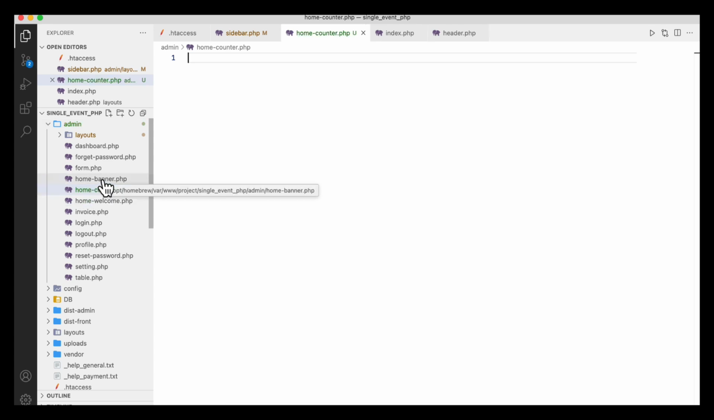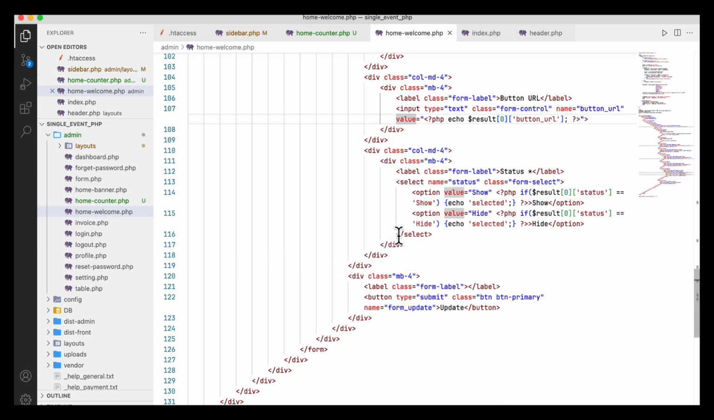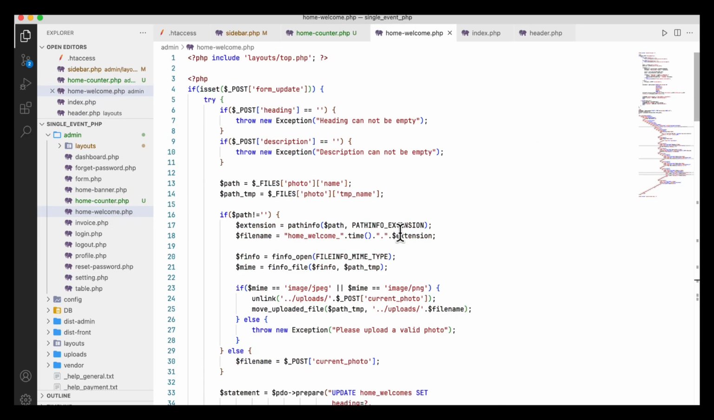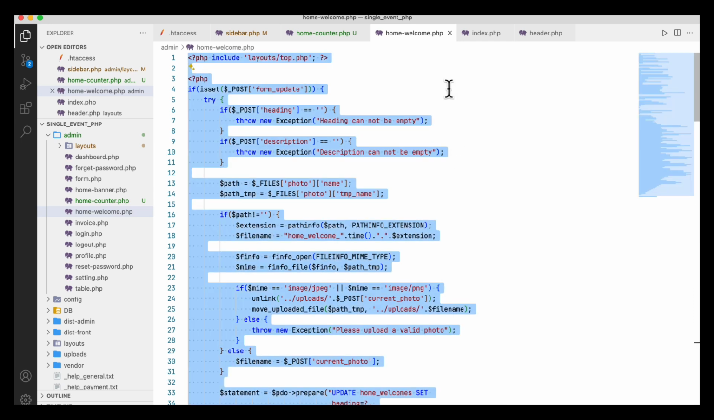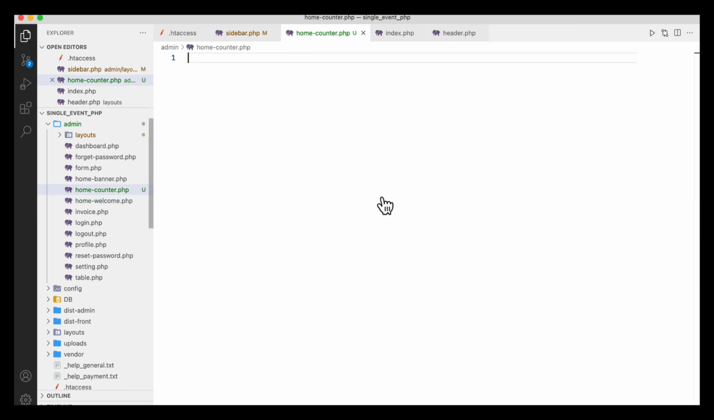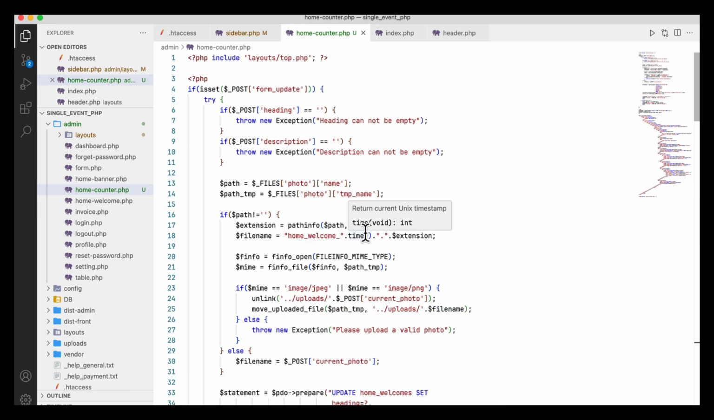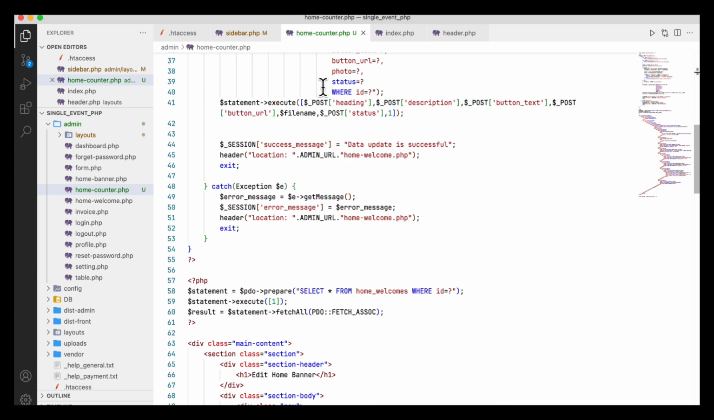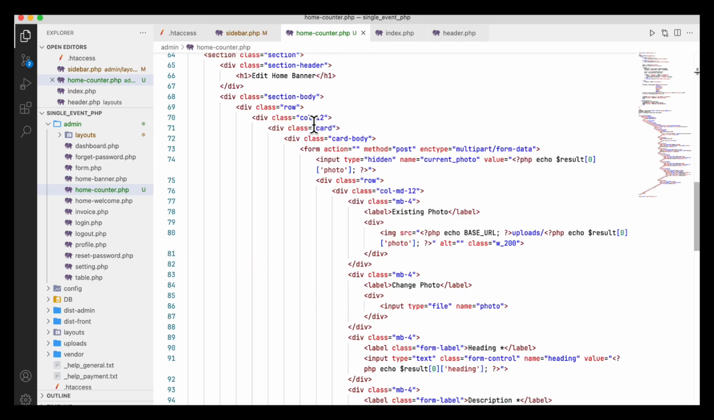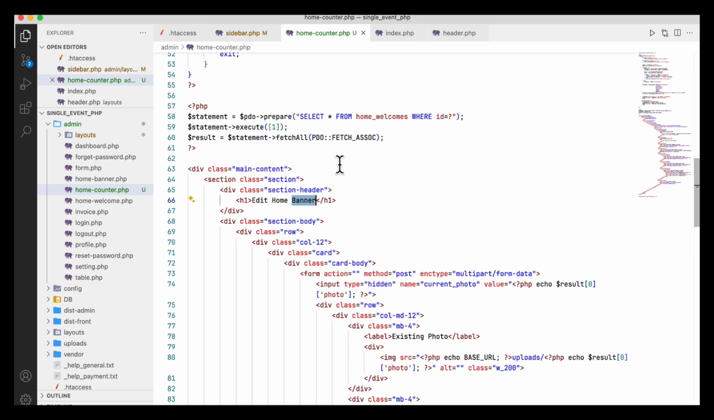So home banner or home welcome, from any place I will just copy the data. For example, in the home welcome, from here I am just copying everything and going to paste it. Now here I am going to change the information that I need, that is in the home counter. You will see that here it says edit home banner. Here I am going to give edit home counter,